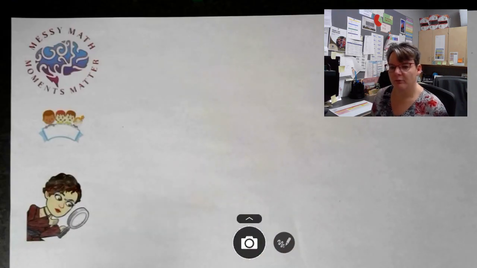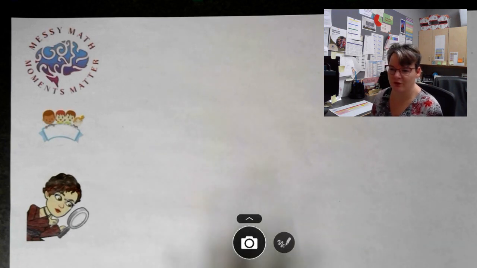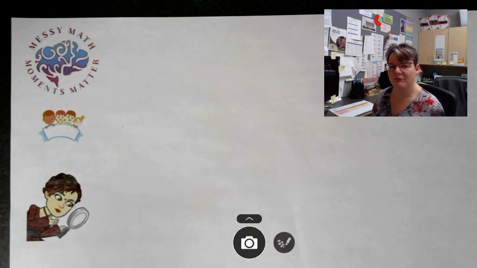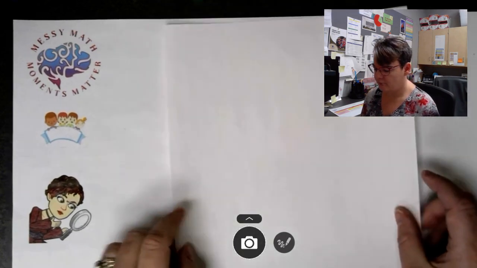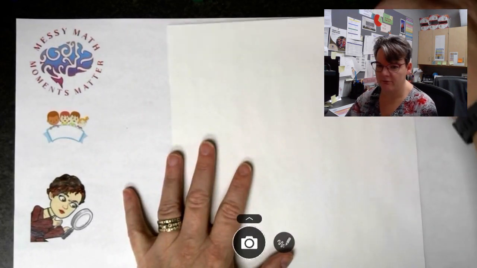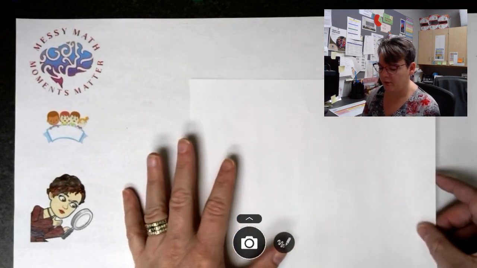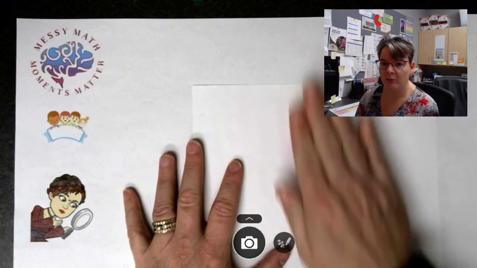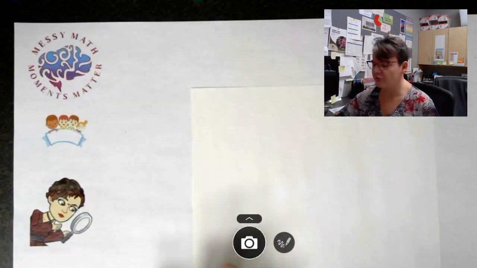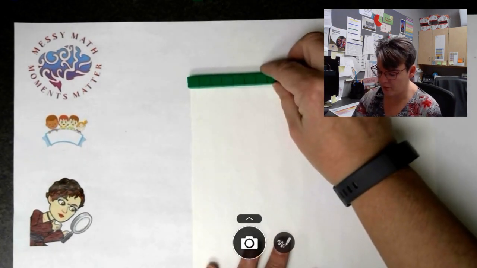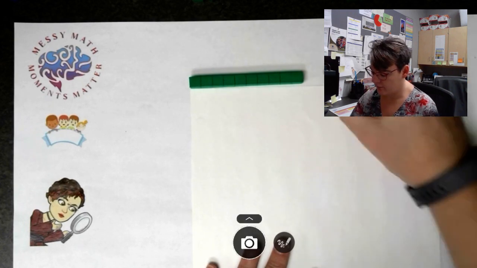So the first experience will be using base 10 blocks in order to multiply two-digit numbers. Now, if students haven't done this, you might want to skip this particular prior experience, but it is my favorite way of teaching students how to multiply two-digit numbers. If you want to check that out, you'll be able to find that in the grade 5 long-range planning documents. Normally students would have a piece of paper or whiteboard on their desk. I'm just going to use this piece of paper to help me distinguish it between my paper and the desk. And if students were multiplying 11 multiplied by 12, they would build 11 on the outside,